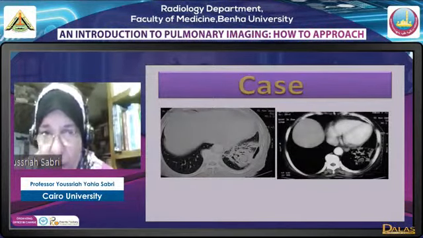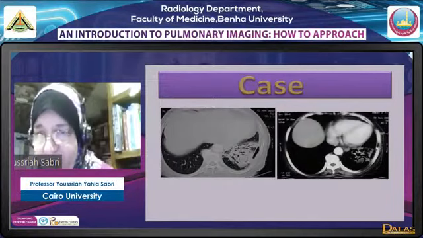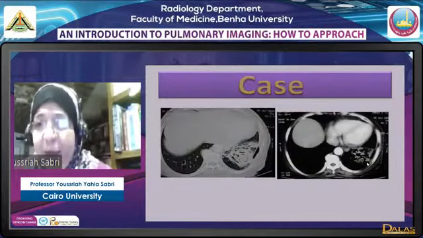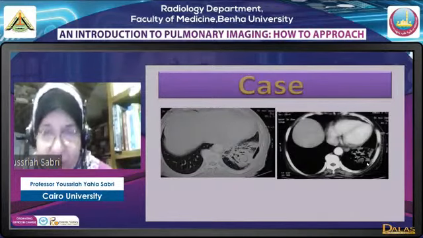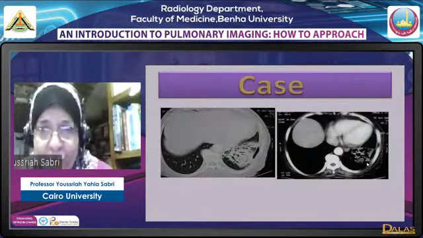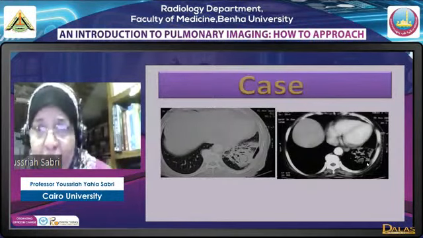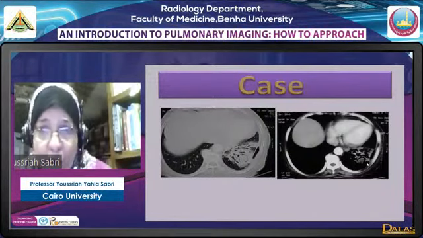In addition, we have a lentiform thin pleural-based lesion with an air fluid level, as you can see here. This lentiform air fluid level is a loculated hydropneumothorax. A loculated hydropneumothorax related to such infection without a tube is a bronchopleural fistula,